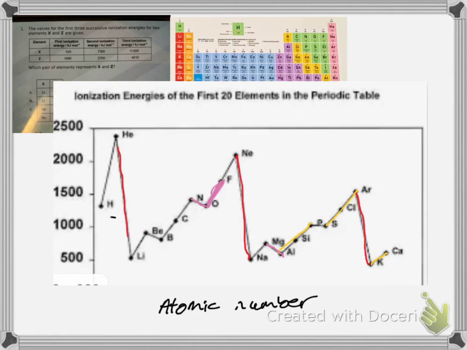So therefore, because oxygen has an extra electron in the second box I've just drawn, that's why oxygen has a lower ionization energy than nitrogen. And when we look at helium and lithium,